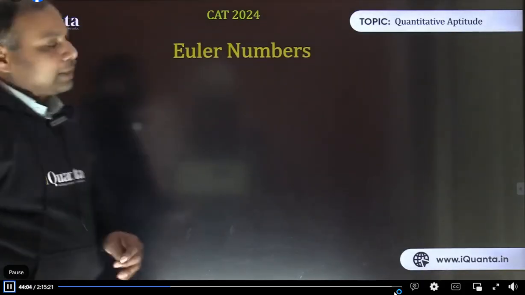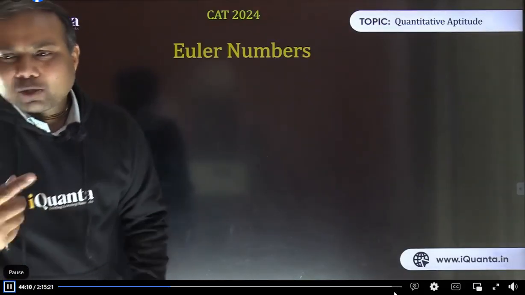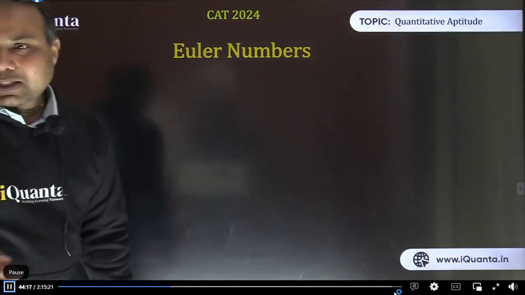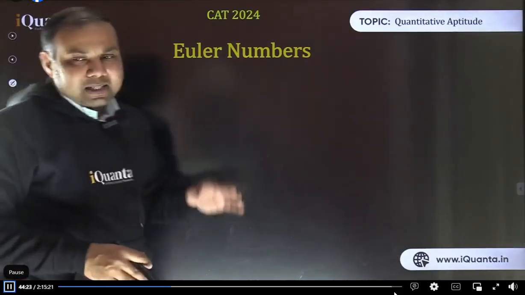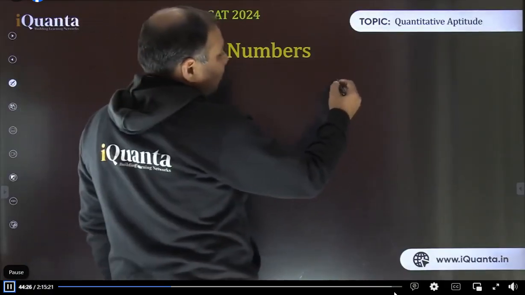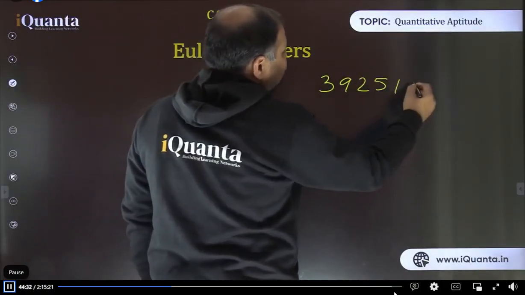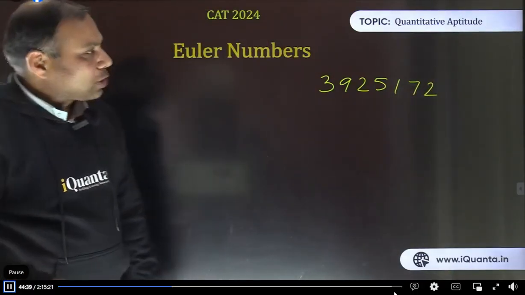Okay, so now to find remainders, let's look again at the divisibility by 7 rule, the unit digit one. You have learned one result basically. As I have already told you, this is not a very helpful result in questions which involve remainders. We can check whether it is divisible by 7 or not. But otherwise, you have learned one rule: for example, if I have a number, say 3, 9, 2, 4, 5, 1, 7, 2, whatever large number it is, and you want to find whether it is divisible by 7 or not, you have learned one method.